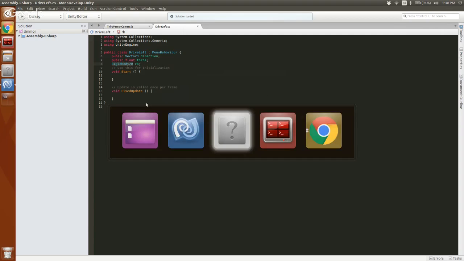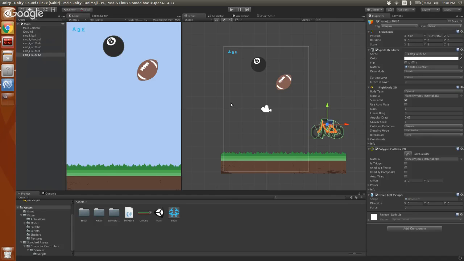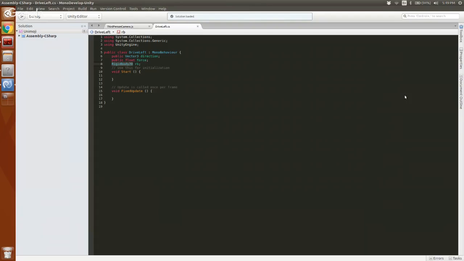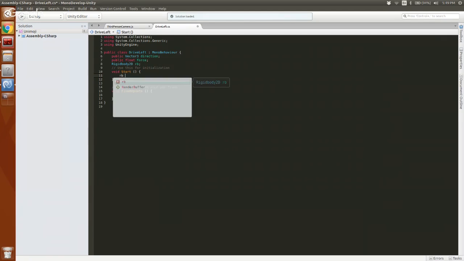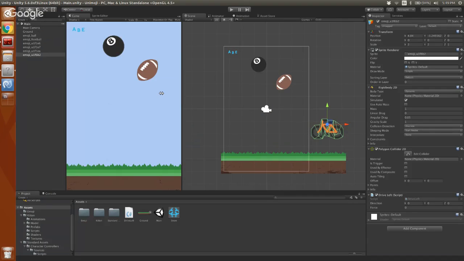So in our code, we'll now have access to all of these things, all these settings. So we'd be able to change in our code the drag, if it's using gravity, the mass, all of these things, because this is just another script, and we're just importing that to access it with code. And you don't have to identify which character or which item it is on your stage, because this script is only for this particular bicycle. Exactly. Yep. It's attached to the script.